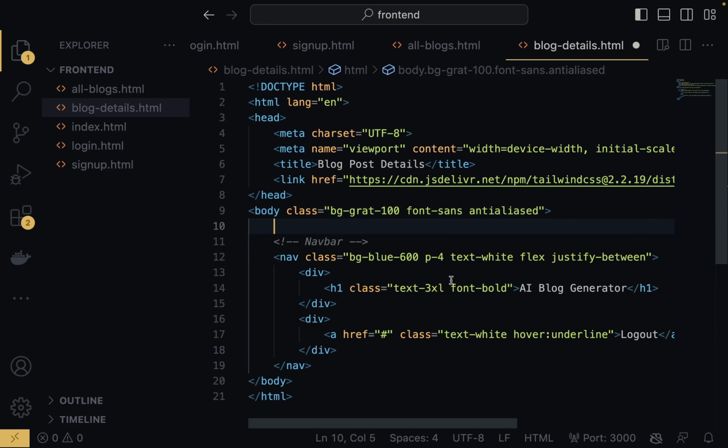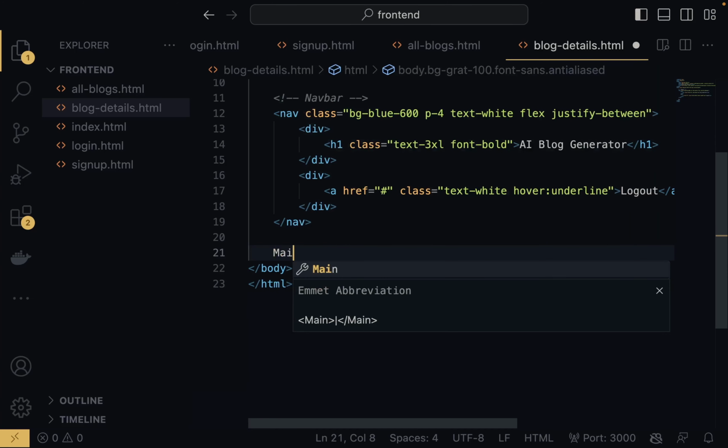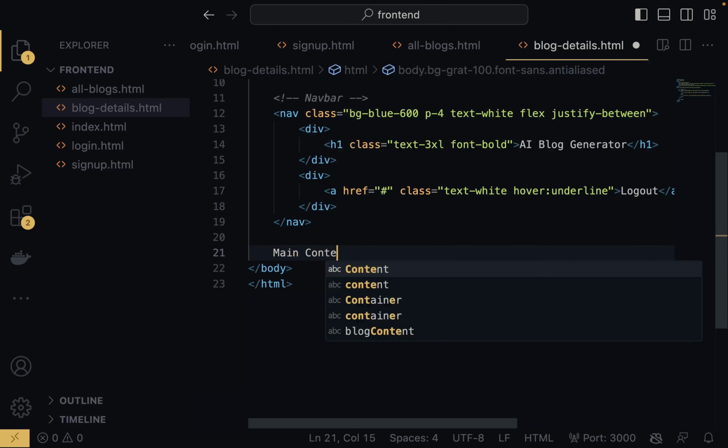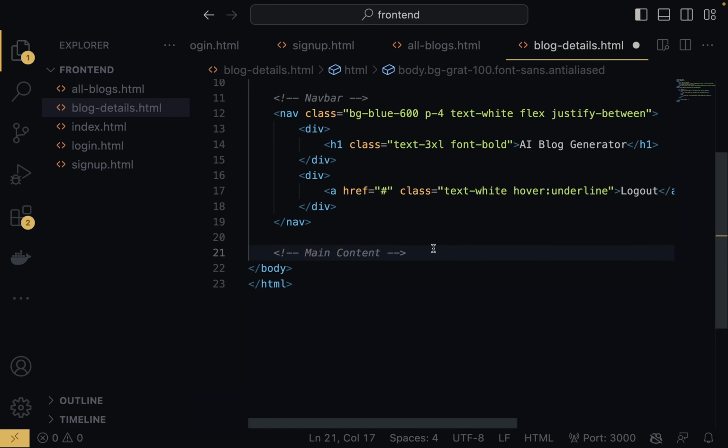So that is done. Now the next thing we need to do is to just take care of the main content of this particular page. Now this one is quite easy, and what I'm just going to do is that right here I'm going to say main content. I'm just going to comment that out, and the next thing I'm going to do is to have one div tag,